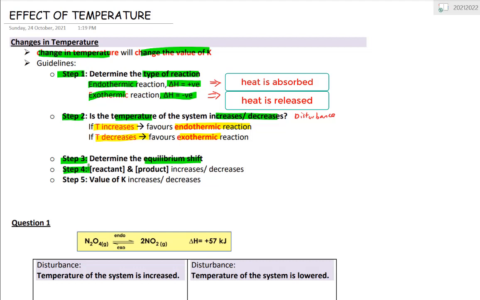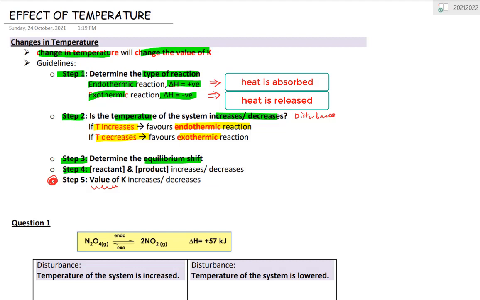And the last one, an additional point that applies only to the factor of temperature, is that a change in temperature will relate to a change of K. After determining the shift, you need to identify whether you are producing more product or more reactant, so the value of K will decrease, increase, or not change. So you have to